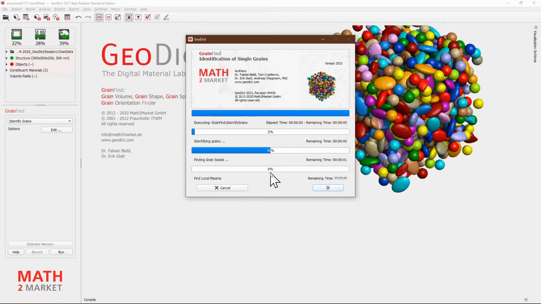Now we can watch how GeoDict runs through a sequence of algorithms. We see watershed is being executed right now, for example, to identify the individual grains, and later we will also see the statistics of these individual grains.